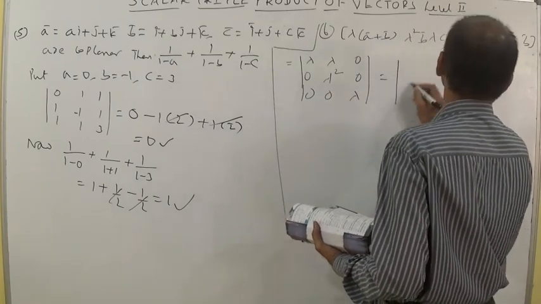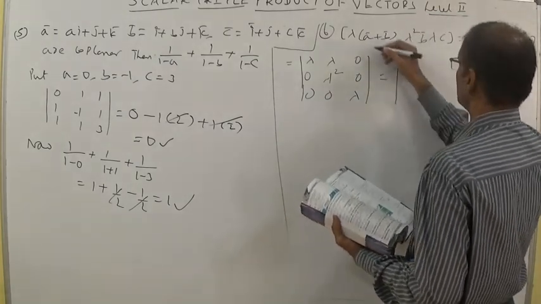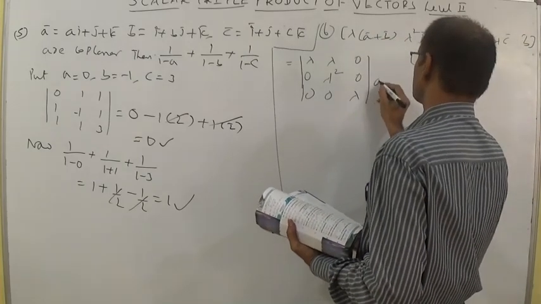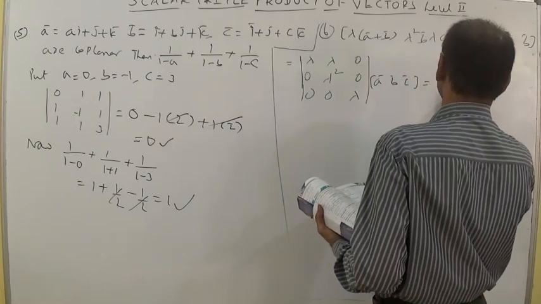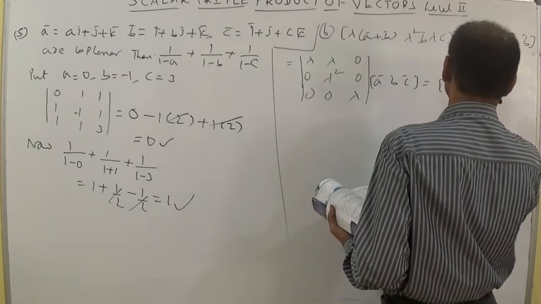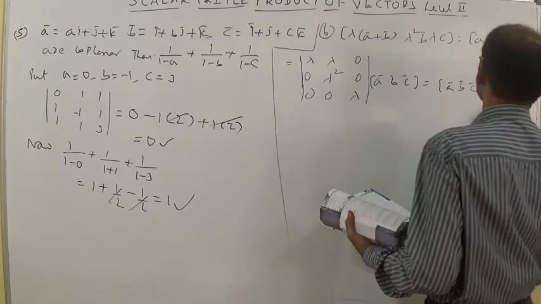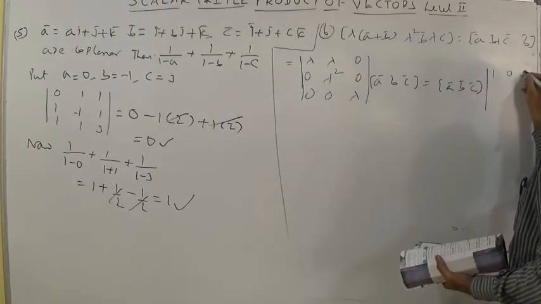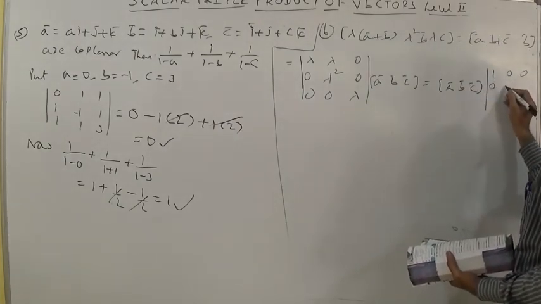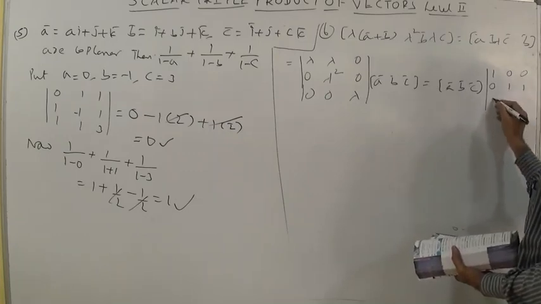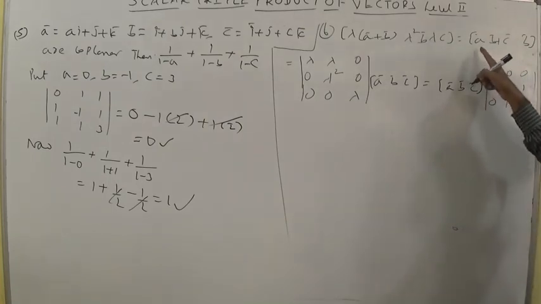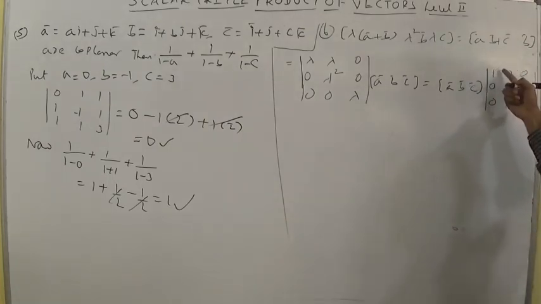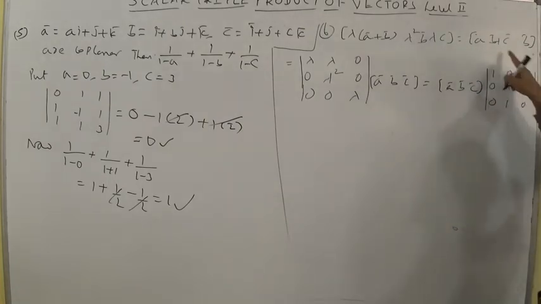This value, here you can write 1, with ABC taken common. Here also we should write box ABC. And here also, by taking common, box ABC. Next here you write 1, 0, 0, 0, 1, 1 and 0, 1, 0. Only one A, so 1. There is no B, there is no C. For the first one, separately you should write. For the second one, separately you should write. For the third one, separately you should write.